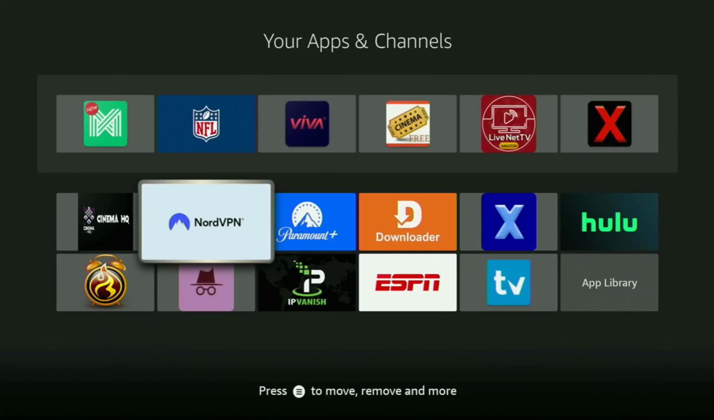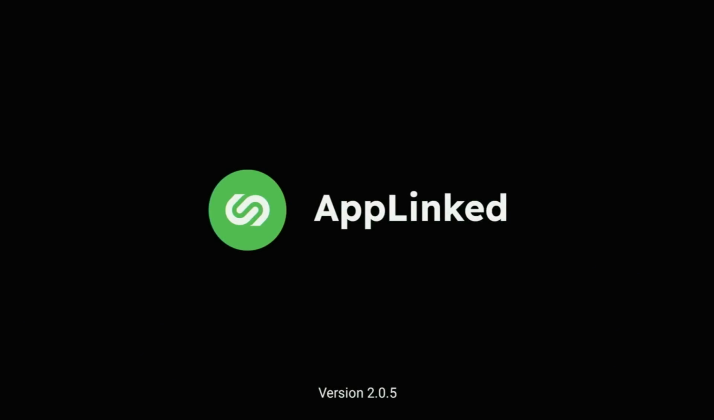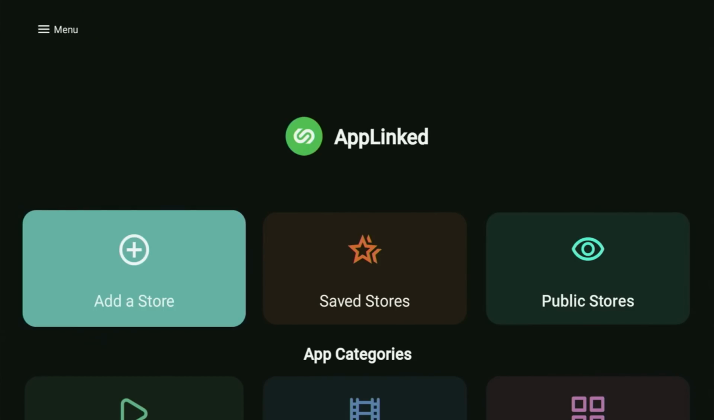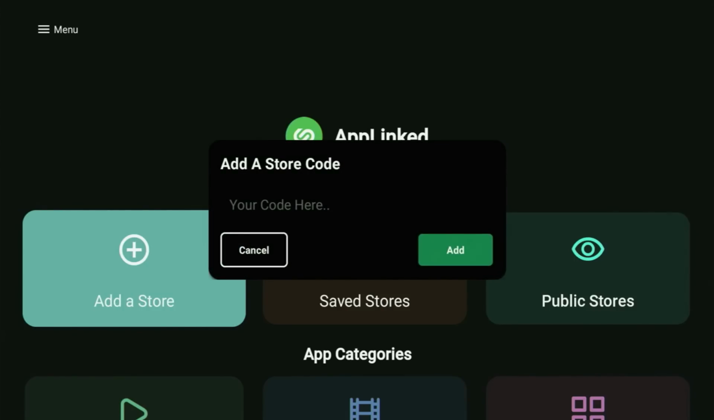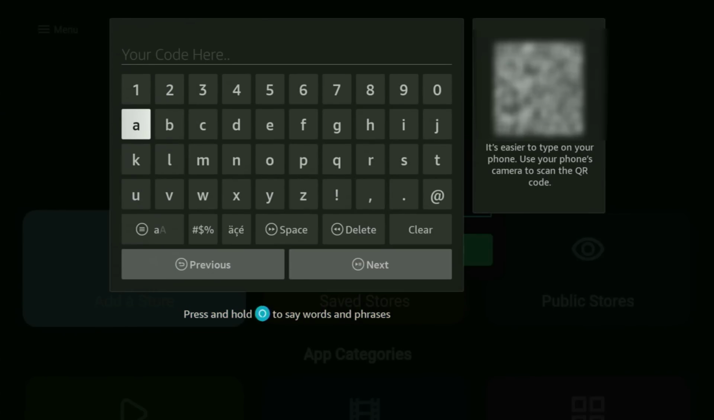Just don't forget to keep your VPN connected to stay private online. Then safely open Applinked and wait until it loads for you. And what you gotta do in the app is just click on add a store. And the first code is gonna be